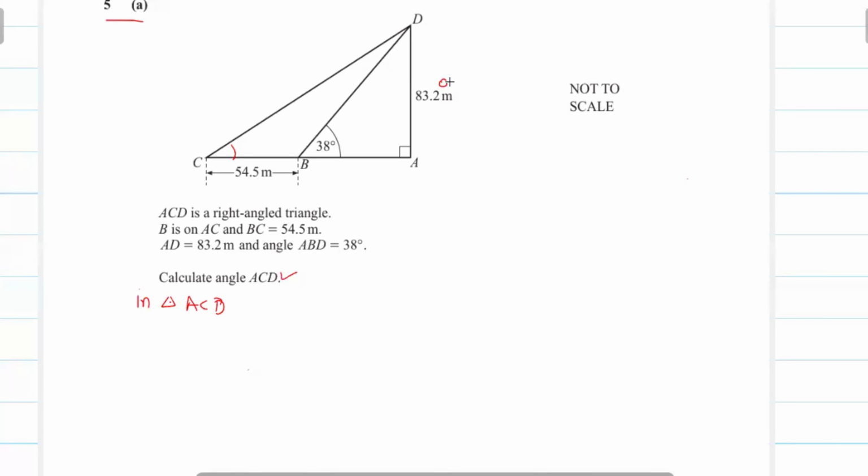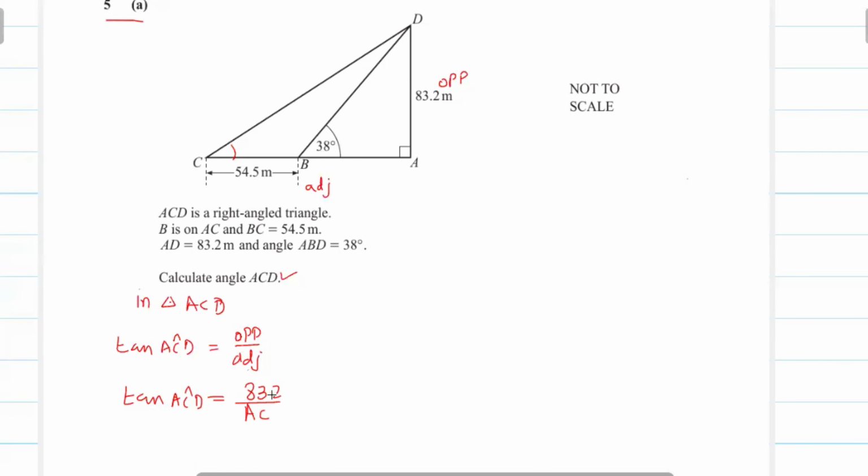You see here this is the opposite side of the angle C, and this is the adjacent side. We take the ratio opposite over adjacent equal to tan ACD. The opposite side here is 83.2 meters. The adjacent side here is AC, and tan ACD will be equal to